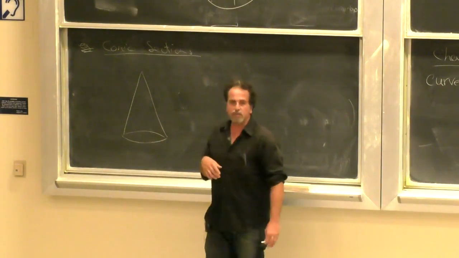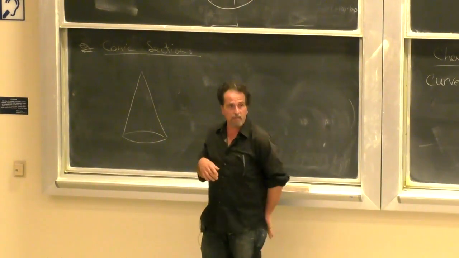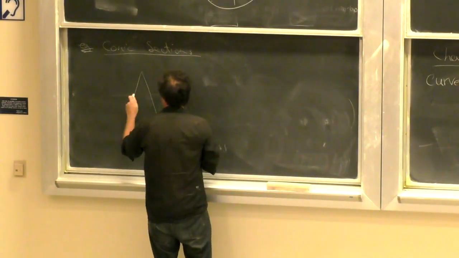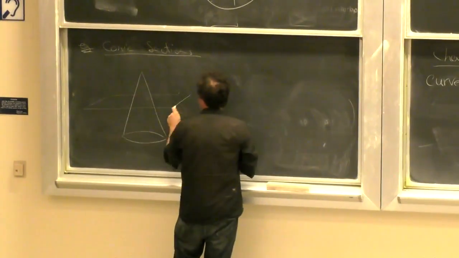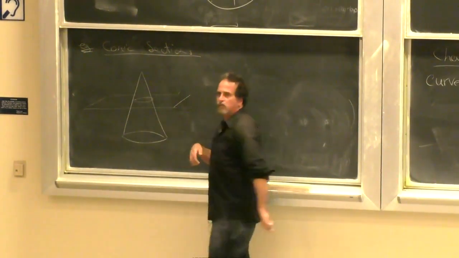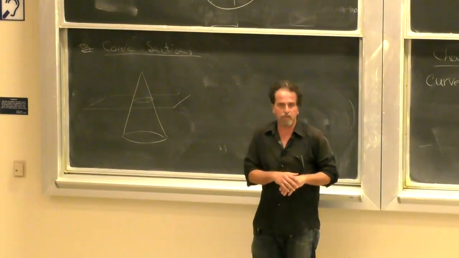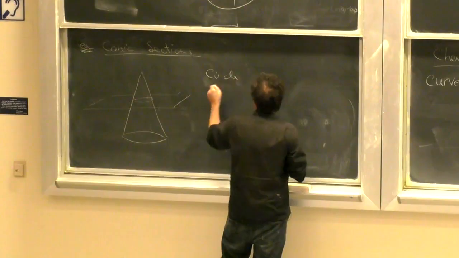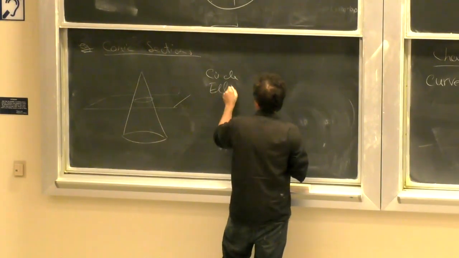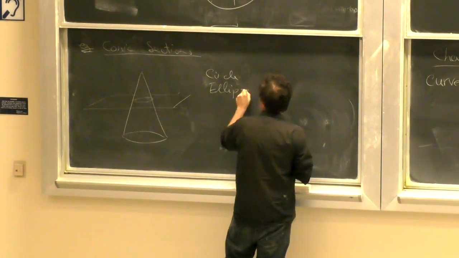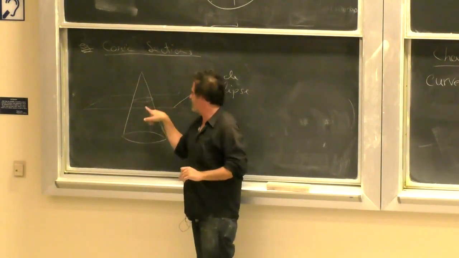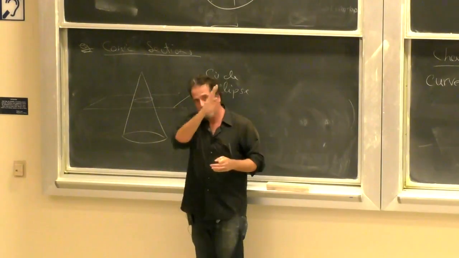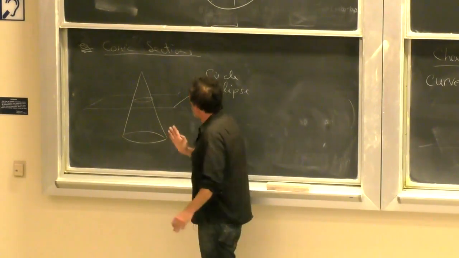So the idea is that if you take a cone, a general cone, and cut it with a plane, right? If you cut it horizontally with a plane, you will get a circle. The intersection of a cone and a horizontal plane is a circle. If you tip this, first you get the circle, then you get an ellipse. So if you tip it at all, you get an ellipse. That's a terrible circle, I'm sorry. But just imagine that cone, plane, circle, tip it, get ellipse,